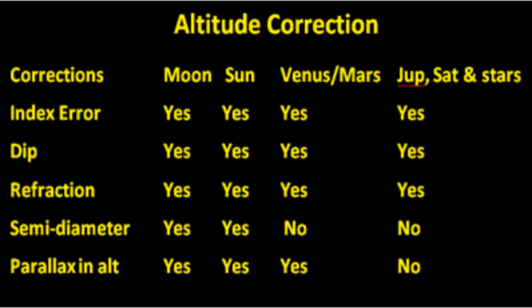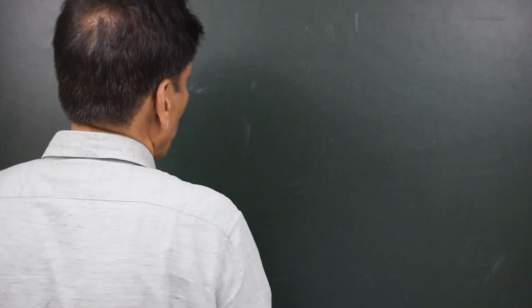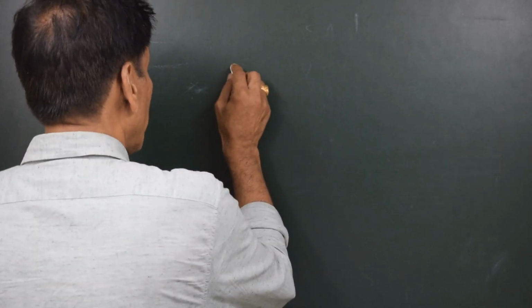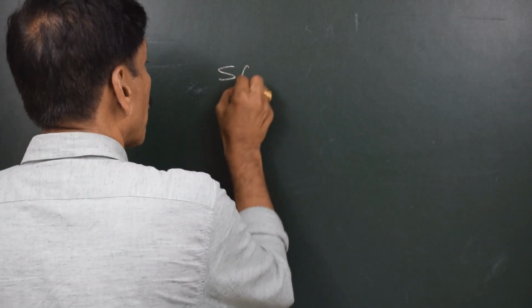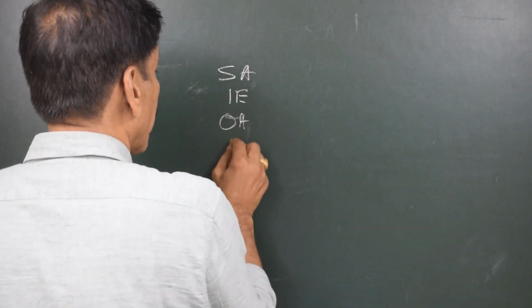And why is it different in the case of the moon? Every question that you ask about the moon, I would say this is because of the close vicinity of the moon. This is because of the large horizontal parallax of the moon compared to the sun, where the horizontal parallax is negligible. So let's do the calculation to find out what is the suitable time or opportunity when the moon's amplitude should be taken. We'll write down the altitude correction in the normal way: sextant altitude, index error, observed altitude, then